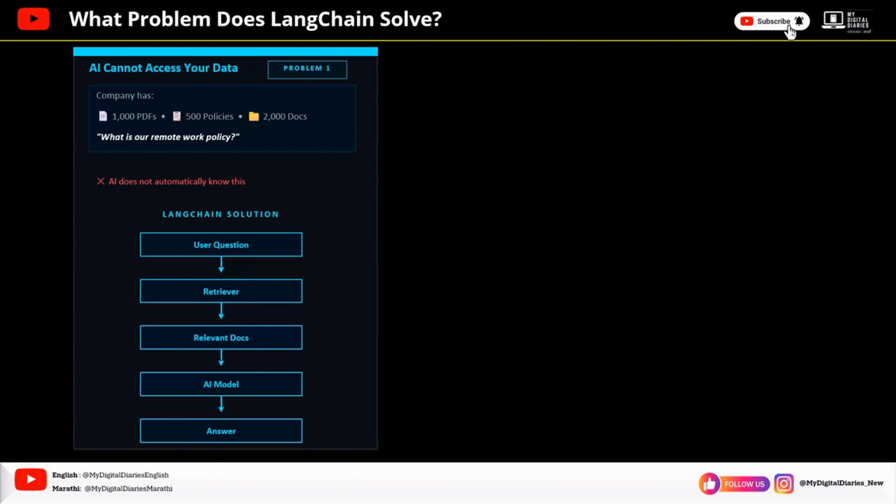And LangChain makes building this pattern easy because it gives you ready-made components to connect to your documents, search through them, and feed the right information to the AI model. So instead of the AI guessing, it now answers using your real private company knowledge, and that's problem 1 solved.